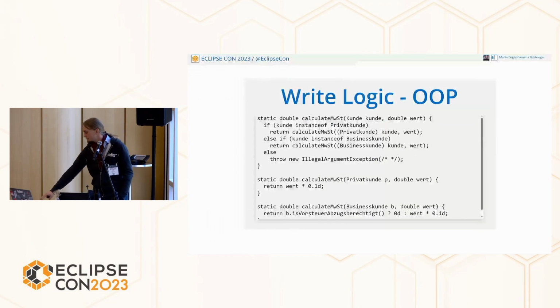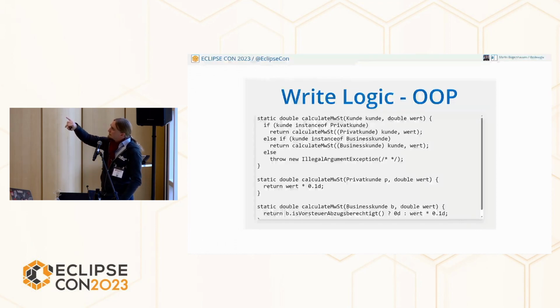We do logic. That's in logic that implements these. We calculate the tax based on the customer approach. With object-oriented programming, it's just to get you started. It's a long code, and it's probably not the best type of style. I don't put much effort in that, just to get you started. The method, calculate Mehrwertsteuer in Kunde and Doppelwert, this signature will stay the same for the rest of the thing, and it will always implement the same logic.